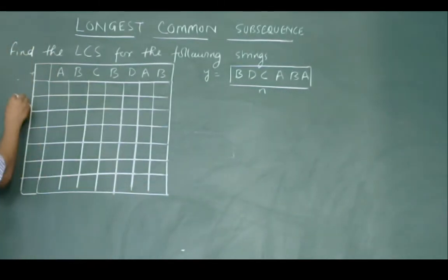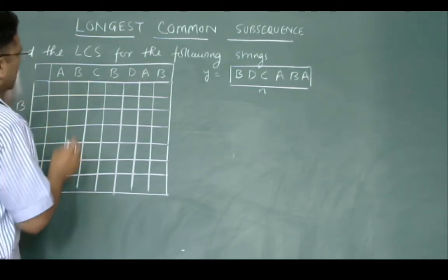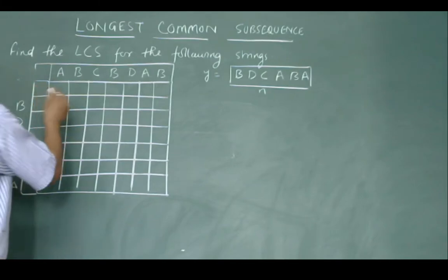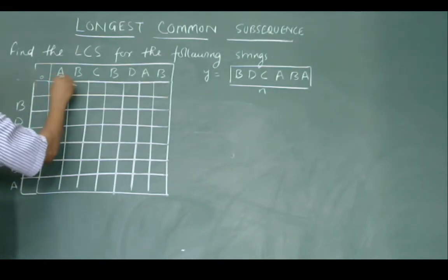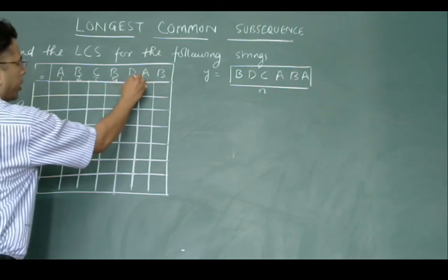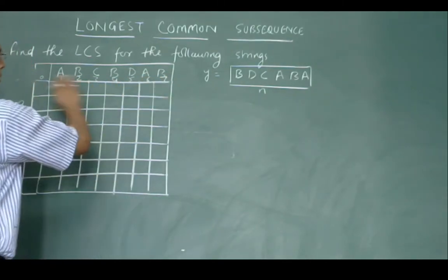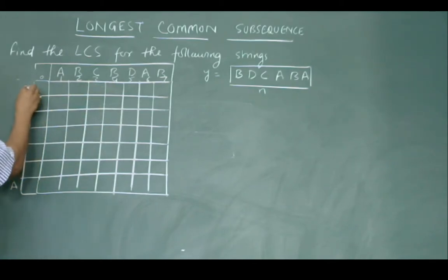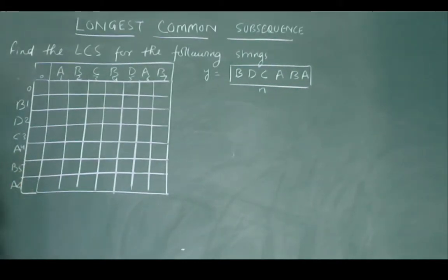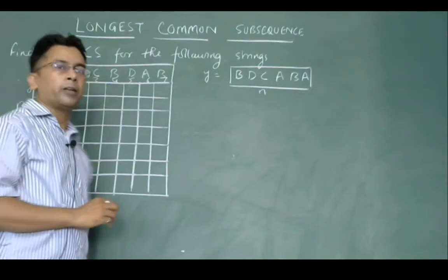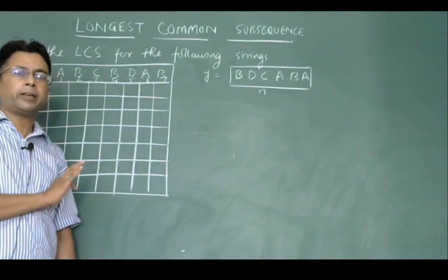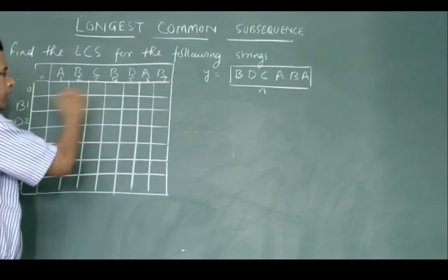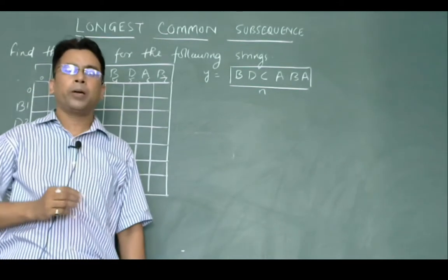Then B, D, C, D, A. While constructing the matrix, we start with index 0. So this would be index 0, 1, 2, 3, 4, 5, 6, and 7. So this is of length 7. Similarly here, the index is 0, 1, 2, 3, 4, 5, and 6. Keep in mind that while creating the matrix, we make an extra row and an extra column that has index 0, because